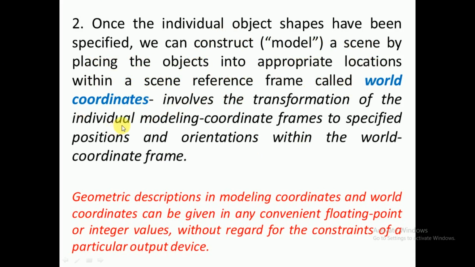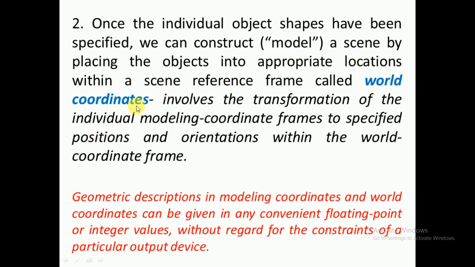Then all the individual reference frames you have to model in only one reference frame so that they align in proper positions. Means the front wheel has to come to the front side, the back wheel has to go to the back side, the handle has to come above the front wheel, and the seat has to come in between the front and back wheel, like that. That means now you have to consider only one reference frame. OpenGL has to consider only one reference frame, and with that reference frame everything has to be aligned properly. That is called world coordinate.